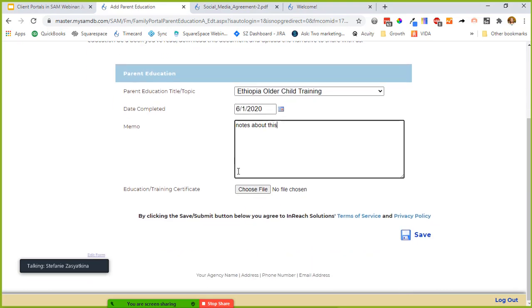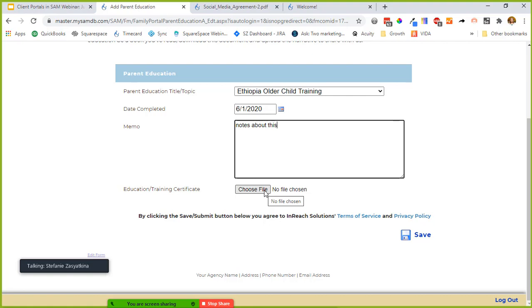And then if I have a certificate, I could actually upload that. Then somebody on the team, this is the case coordinator, whoever is responsible for handling this part, could get an email notification to go in and manage the record and say, oh, they got 4 hours. However your team is going to do that, you want to think through that process and decide,